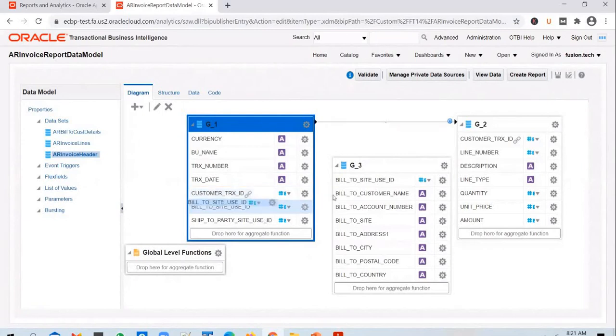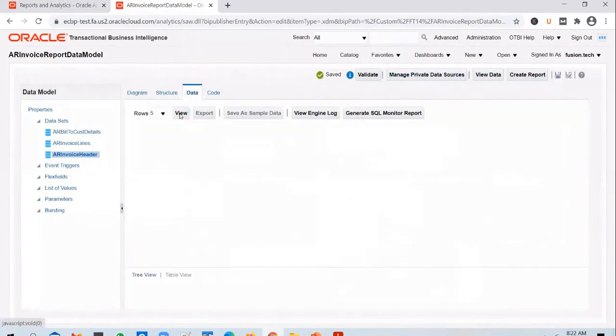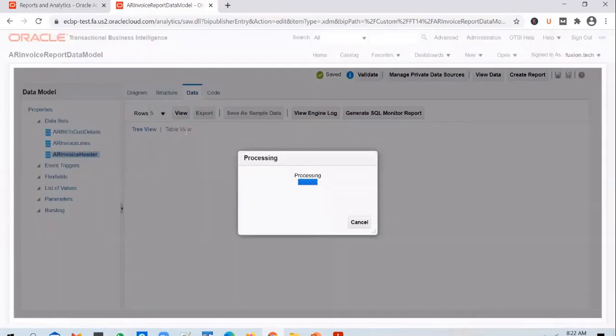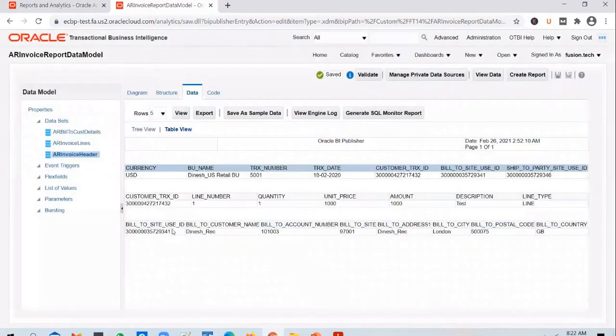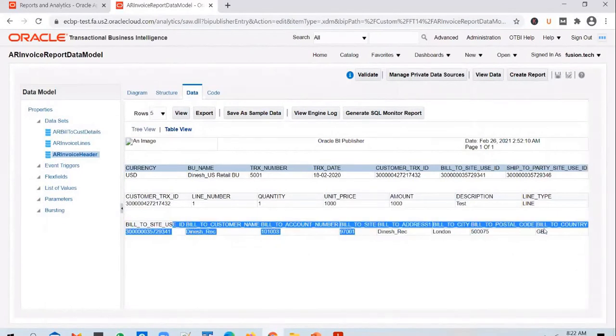So I will pass on this bill to ID as an input to the bill to customer details query. And now this query will pull only the bill to customer details of this particular invoice. So go ahead, go to the data tab and run it. Go to table view, and you're able to see that the bill to customer details are pulled now.